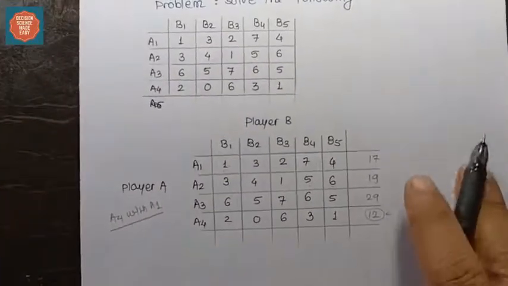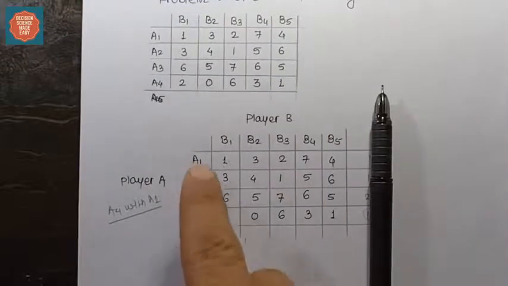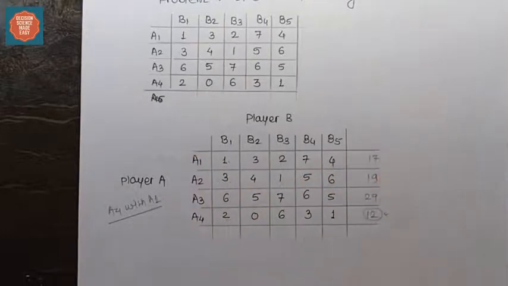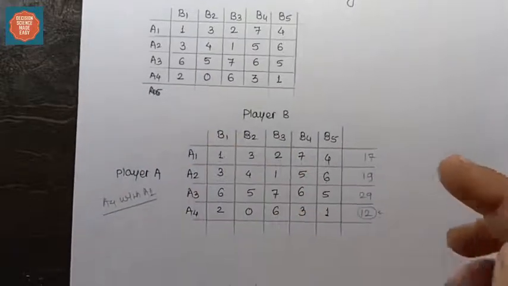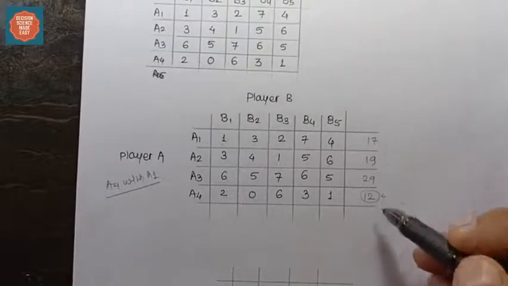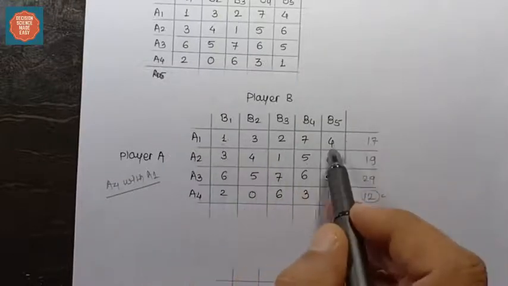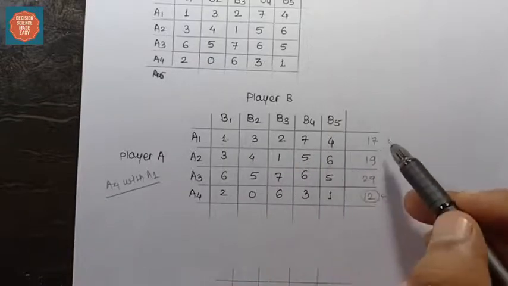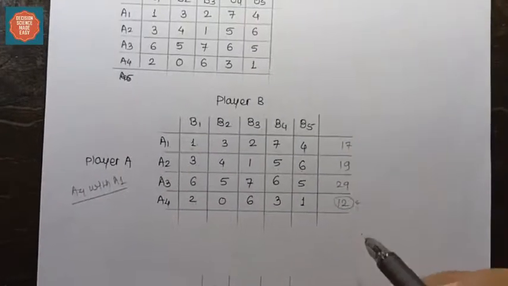It means here we need to compare all the elements in row A1 with A2, row A1 with A3, row A1 with A4. And if this condition is true, that A1 elements are less than A2, then we are going to discard the elements of A1. So this is a lot of permutation and combination we need to try. So I am telling you a very shortcut method to reduce your time. Just do one thing: row wise, add all the elements and write down the summation here. For example, here 1, 3, 2, 7, 4, it is nothing but 17. So I have summed up all the row elements and written it here.